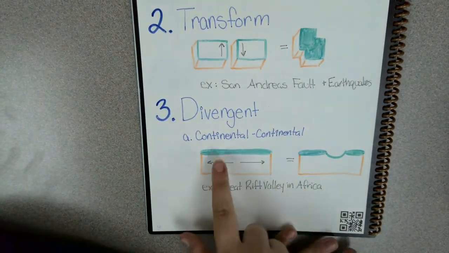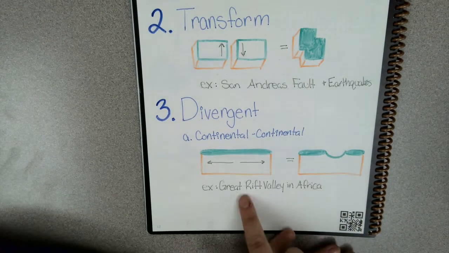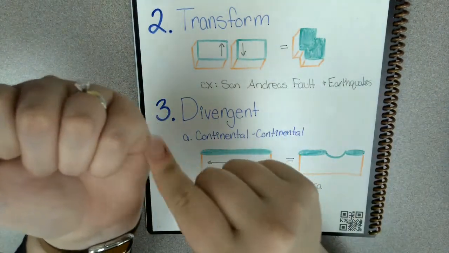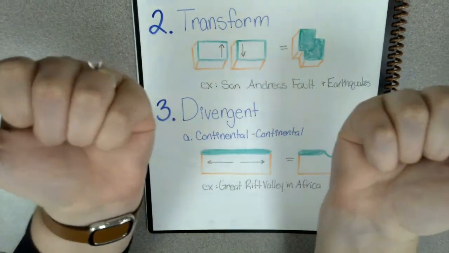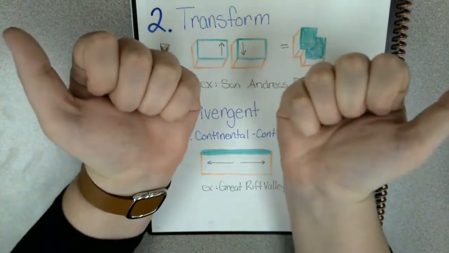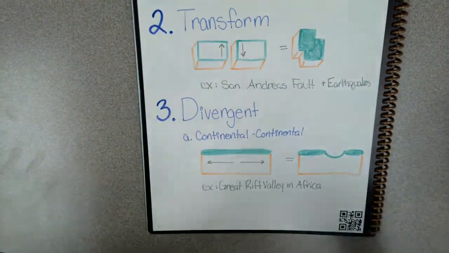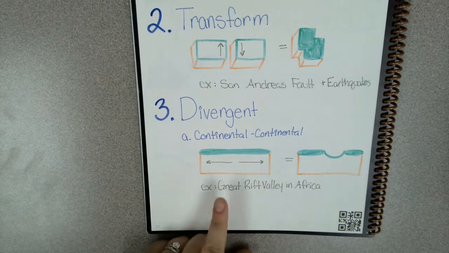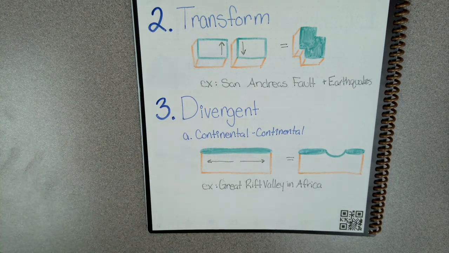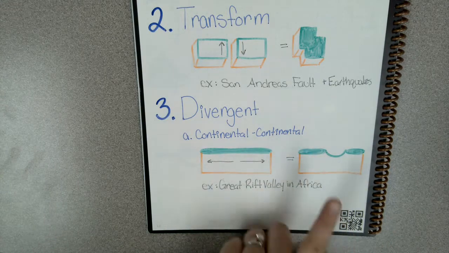Now what happens when we have a continent and a continent separating is we end up with a valley, a rift valley, okay? Quite literally, the space in between the two continents will get lower and lower and lower until eventually it fills in with seawater and they become two completely different continents or two completely different islands. A great example of this is the Great Rift Valley in Africa. The Horn of Africa is actually coming off and is creating a giant valley, a giant rift,